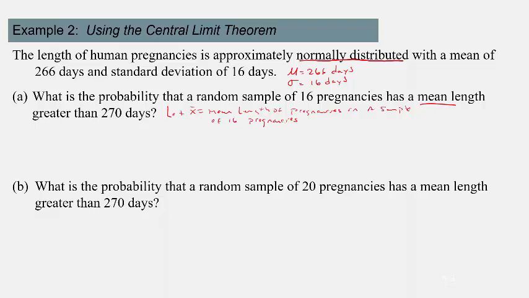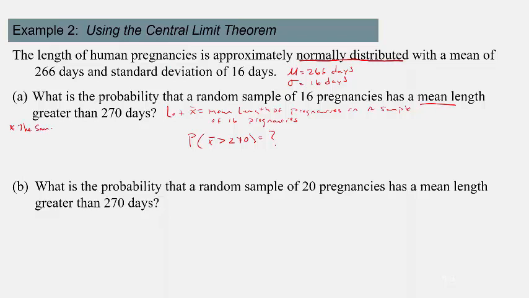All right, and I want to find the probability that that mean is greater than 270 days. Okay. Well, how would I do this? All right. Well, first off, we know that since the length of human pregnancies is normally distributed, the